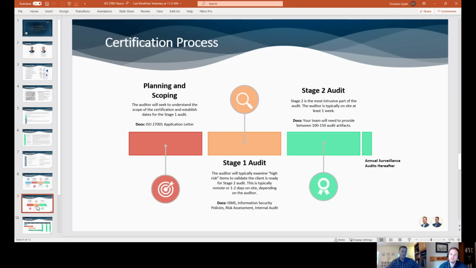Maybe it's a database administrator running a specific query on a specific asset somewhere in the network to pull back a report that you can show to the auditor. If you don't capture the details of what that looks like and how you got that piece of evidence the first time around, it can be somewhat challenging and really inefficient to have to go back and recreate the wheel, so to speak.